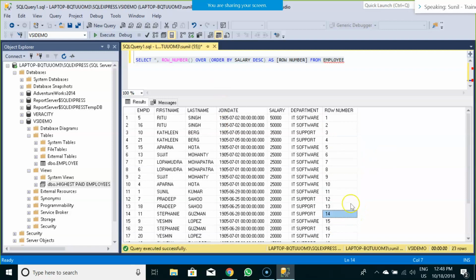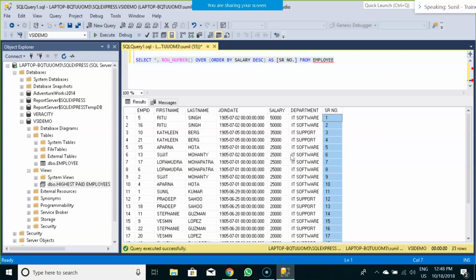You can give any name to this row number as per your choice, for example serial number, depending on your scenario. So your report would start from serial number and then all your information would follow. So this is a scenario wherein you would be using row number in a SQL Server context.